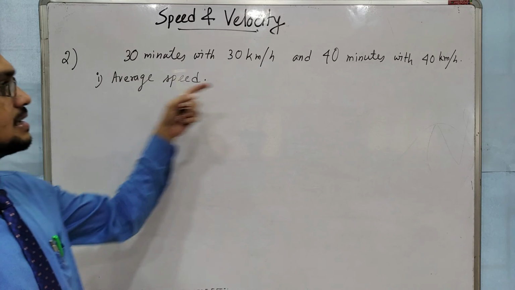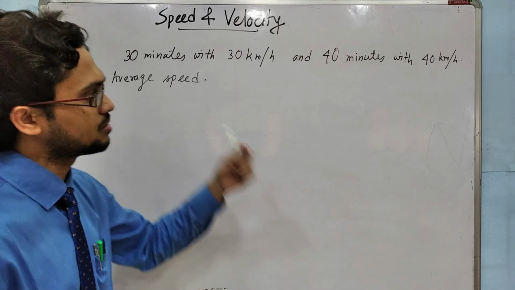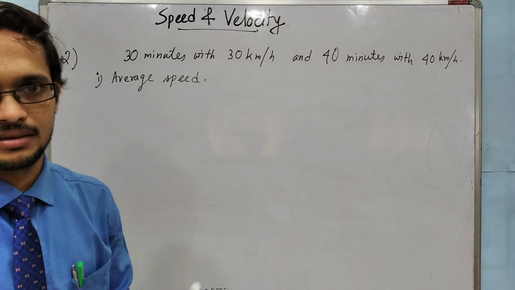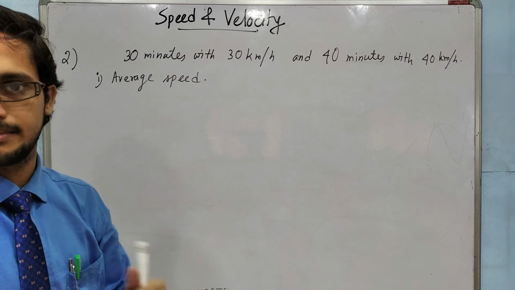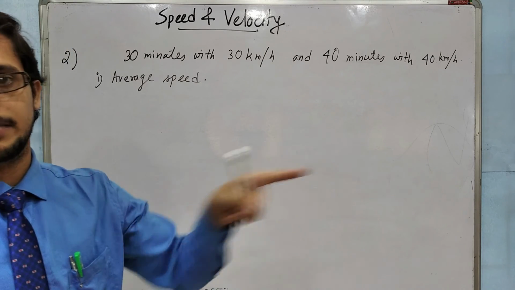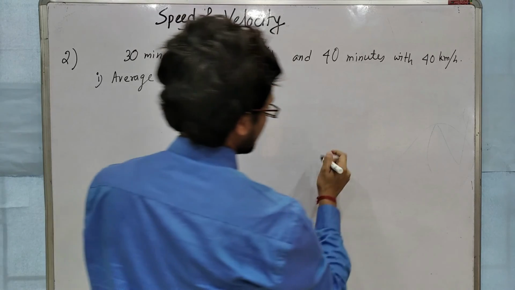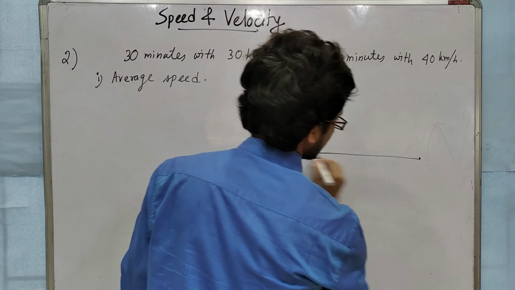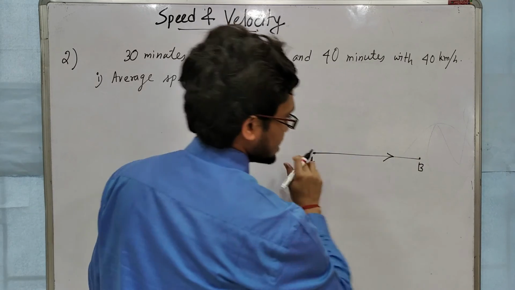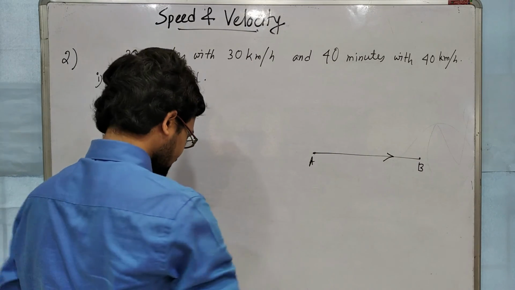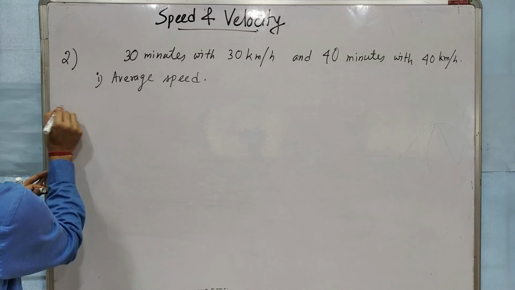Okay, here nothing is given whether it is moving in a straight path or curved path, nothing is written, so we will consider this is a straight path. This is a straight path, which means average speed and average velocity will be the same. Because it is moving in a straight path, the distance and displacement both will be the same. If an object moves in a straight path from A to B, then distance is this, displacement is also this. Okay, so average speed. So how will you solve?